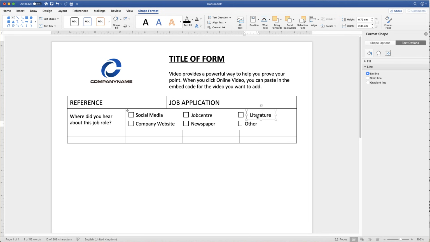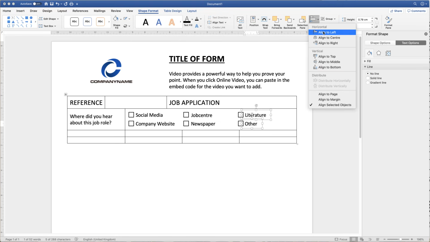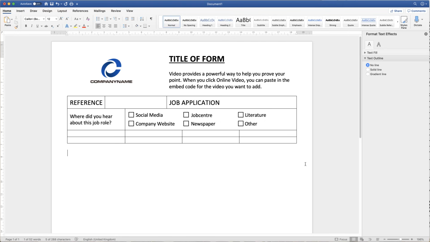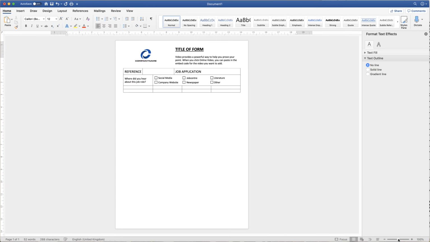And this one over. And just click the No Fill again up here. I'm going to highlight the two and align to the left. And again, those are lined up. Let's just zoom out. So now what we've got is all of our boxes that your user can